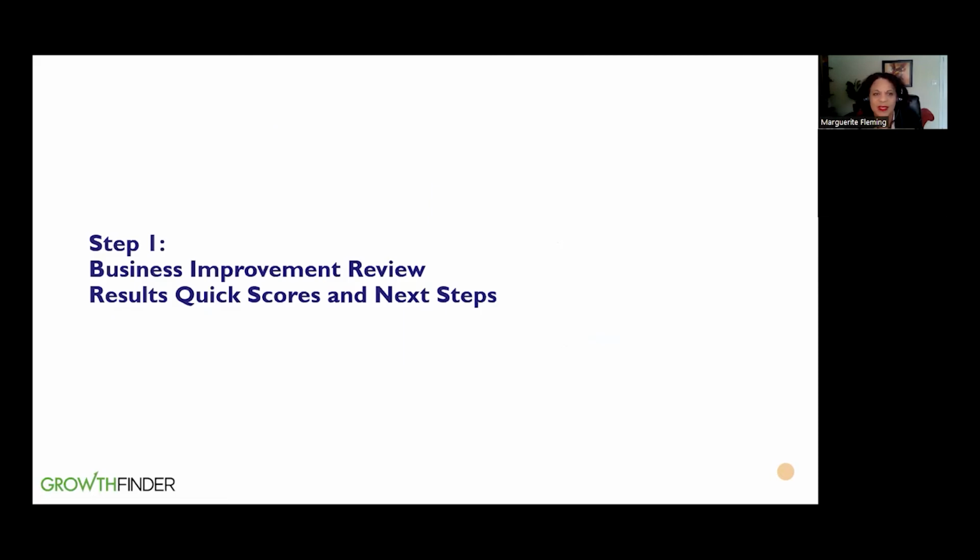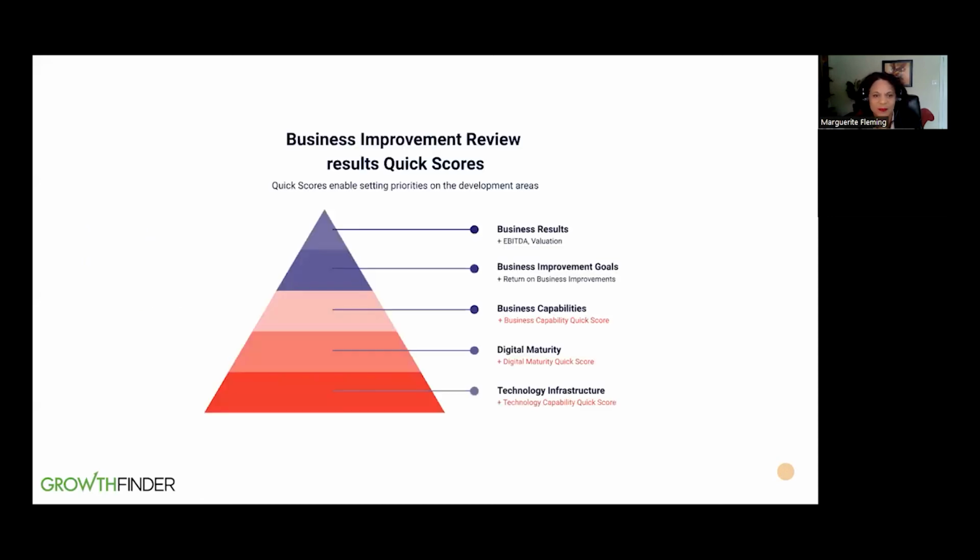So when we're talking about the business improvement review, really high level, it's a really great opportunity. It's a quick meeting, 60 minutes or so. And here our first priority is to understand the business goals and whatever bottlenecks are preventing this organization from achieving their goals. So in this case, we did some quick scores. We asked some really good questions. We had a good assessment tool to do a quick assessment right across the organization, and when we did this, the highlight was obviously business growth. That was the thing that they really, really wanted to work on, okay?